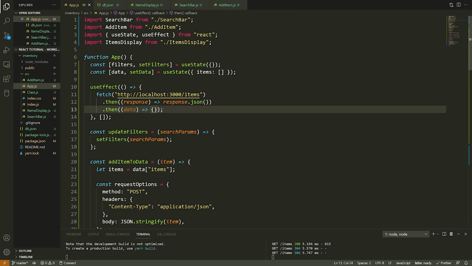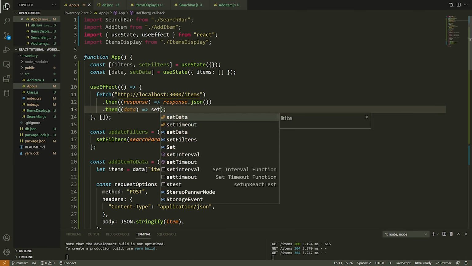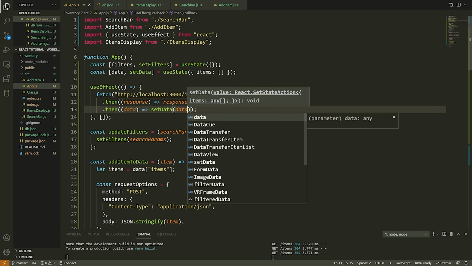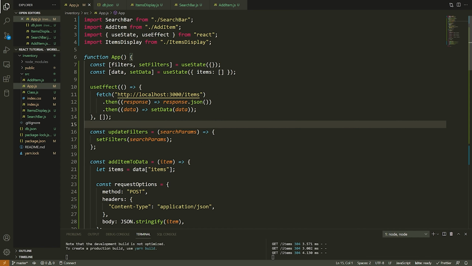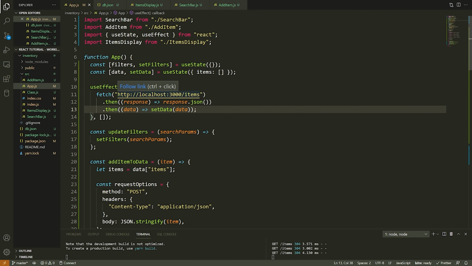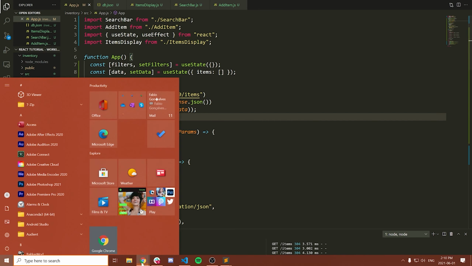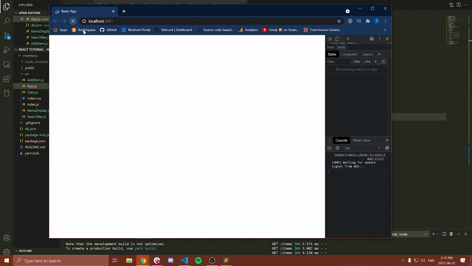So actually all we'll do inside of this function is just say set data, and then this will simply be equal to the data that we have. That's all we need to do because this is going to pass us a list, and then we can take that list and just put that in our data, and then we'll see all of those items. So that's literally all we need to do here. This should work. Let's go here and let's refresh.